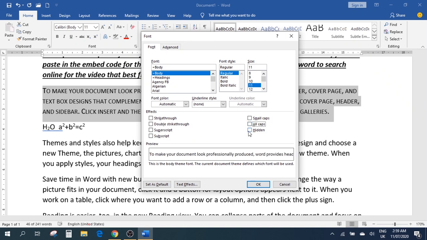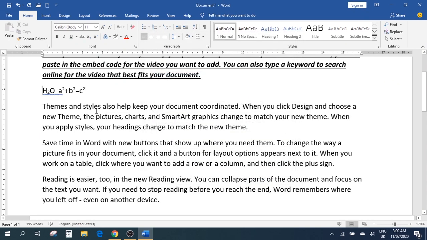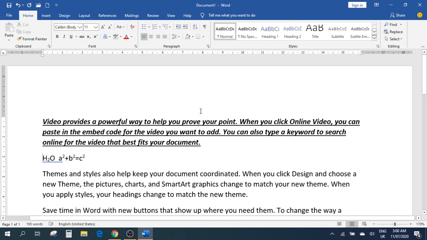If we don't want the all caps, another thing is to make the text hidden. Now here, this is another cool feature inside Word. If you want to hide some kind of secret data, you've sent a file and you've made some part of the document, a text or whatever it is, you can make it hidden. If you click on select the hidden and press OK,